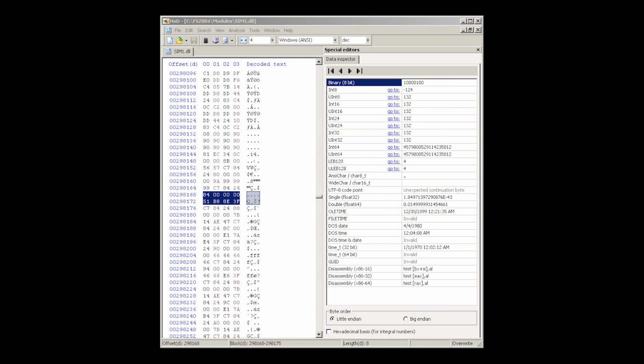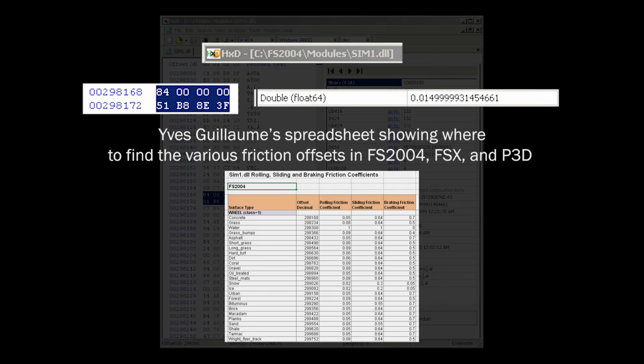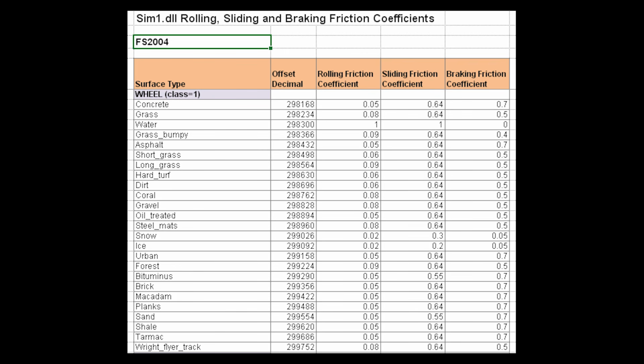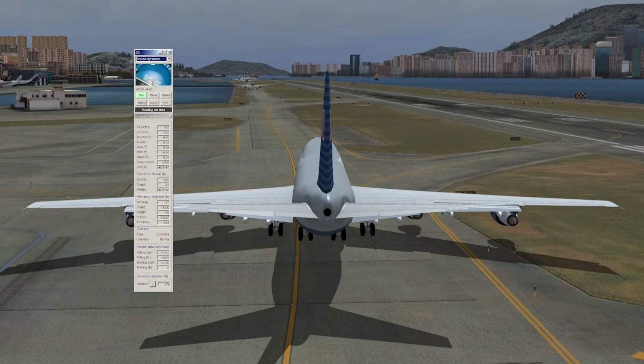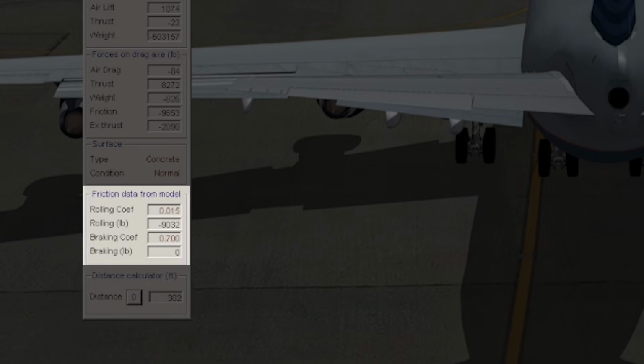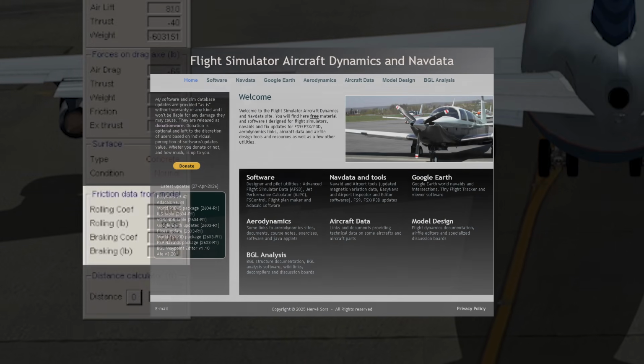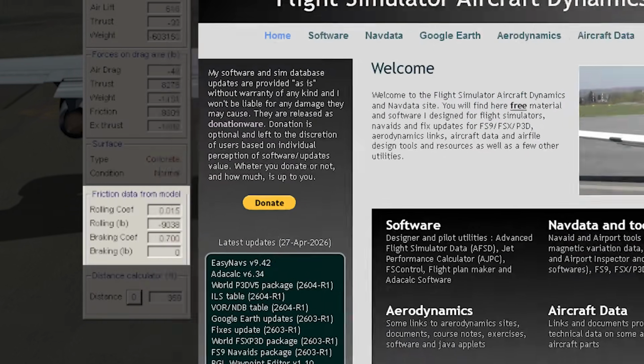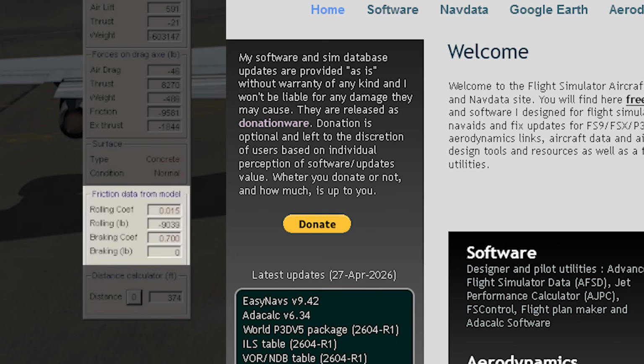Basically, by using a hex editor, it's possible to go into the primary simulation code file, sim1.dll, locate the values for ground friction, and change them to basically anything you want. You can do this for all 25 surface types listed in the file and verify the change using another of Vodovoz tools, AFSD. Saul has done a ton of work to build tools to assist developers, and you should go support him even if you're not a developer, because chances are his tools and wisdom have likely supported a developer